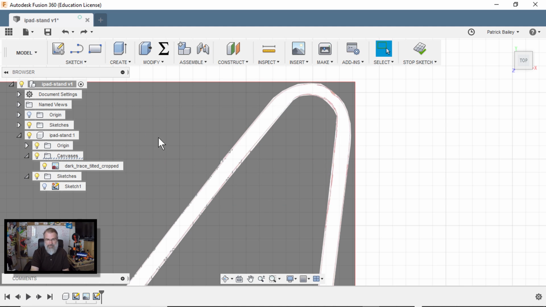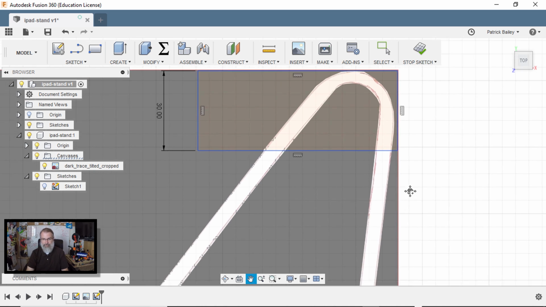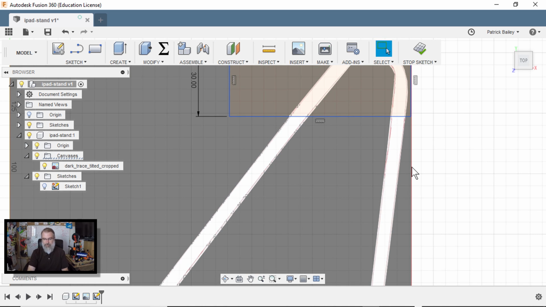Choose a rectangle, and I want that to be 30. There you go, because I'm going to cut that much off. There we go. So now I'll do the line tool, use L, and I can make this, the thickness is